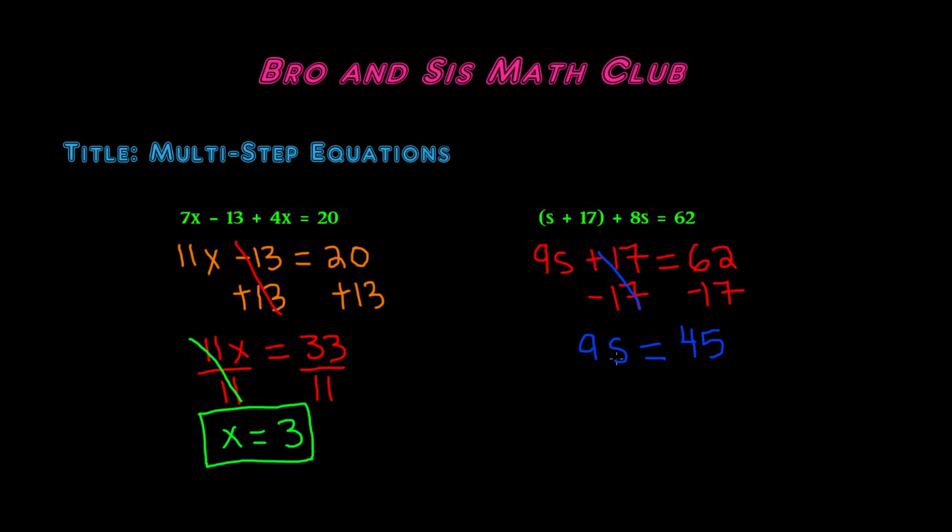Next, we have to undo the 9 from the s. Since 9 is being multiplied by s, let's divide by 9 because the opposite of multiplication is division. Remember to do it on both sides. So 9 and 9 cancel each other out, and we're left with s is equal to 45 divided by 9, which is 5. So the value of s, or the variable s, is 5. Remember, you can always double check your answer by plugging in the value of the variable into the equation. So this is how you solve a